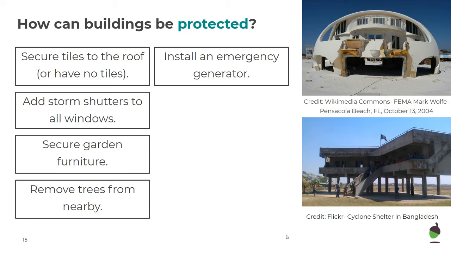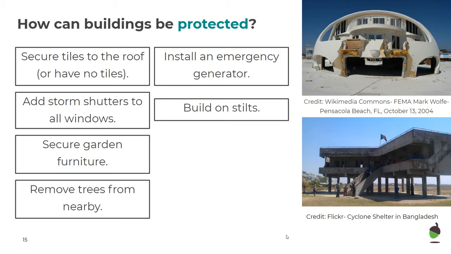We also might want to install emergency generators to our buildings because electricity lines may become loose or damaged during a tropical storm. So if you have an emergency generator, this allows people to still have access to the electricity they may need. You could also build your home on stilts or build your businesses on stilts. And as you can see from the images, both of these buildings are actually raised from the ground. And this is to reduce the risk of flooding due to either rivers flooding because of the excessive rainfall or